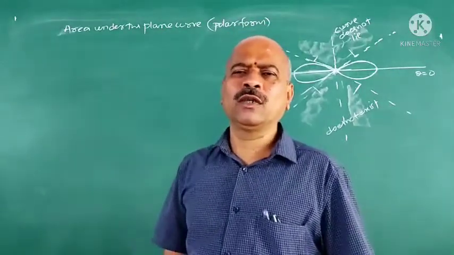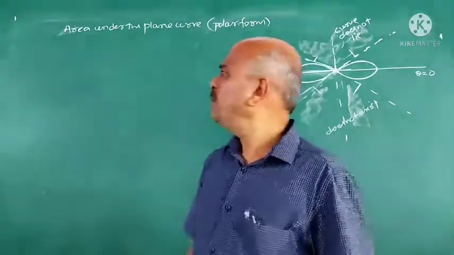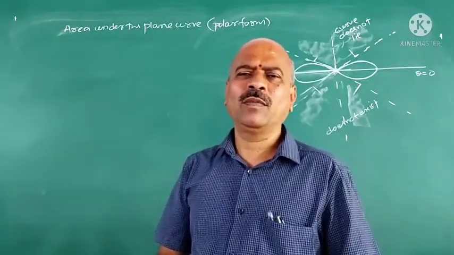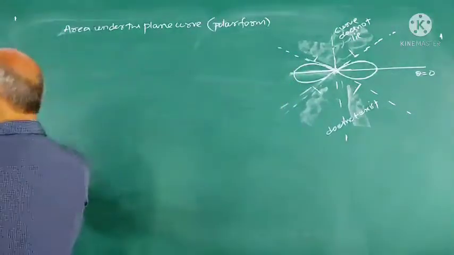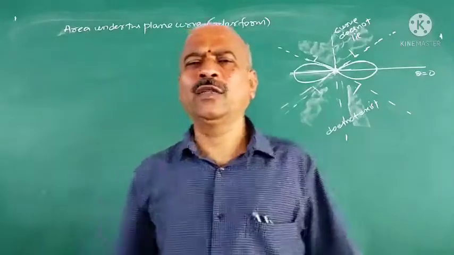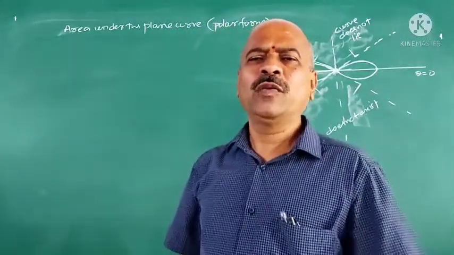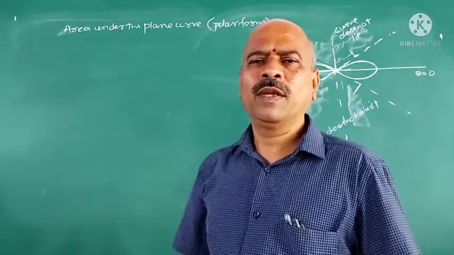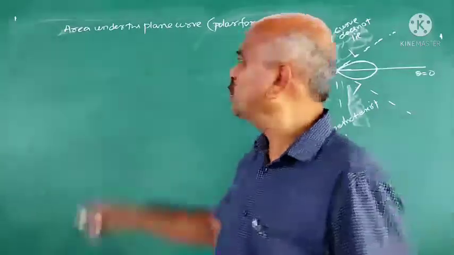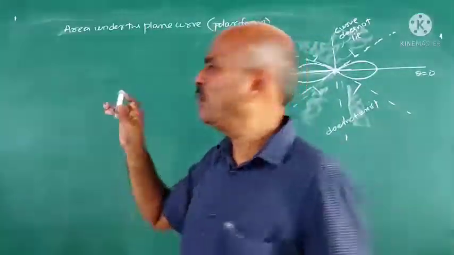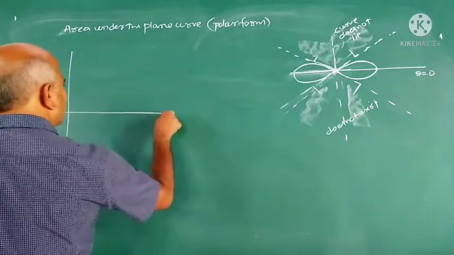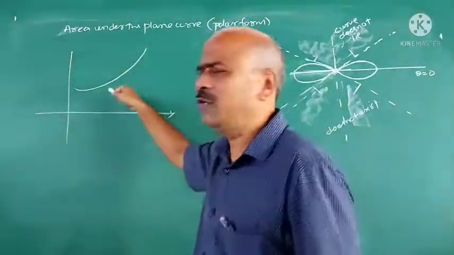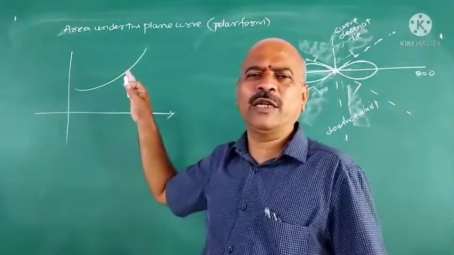Because in PUC classes you have already studied the formula for area under the plane curve when the equation is given in Cartesian form. You have studied how to find the area using definite integrals. You obtained the area of a circle, area under the parabola, area of the ellipse, area bounded between two curves, etc. That is for Cartesian curves. Say the formula is like this. This is only a revision of what you studied in PUC classes.